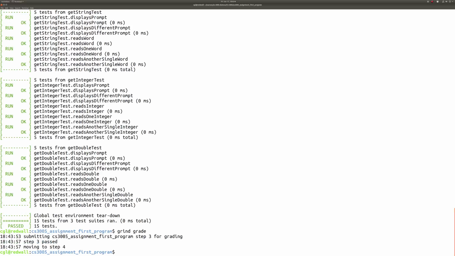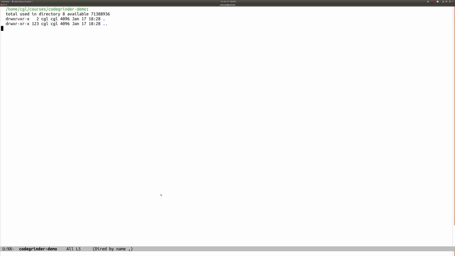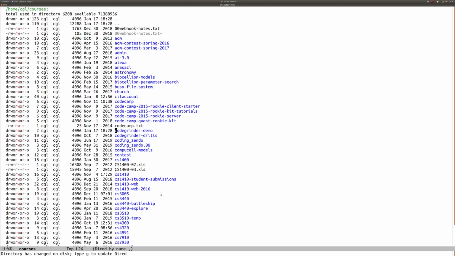Goes and copies my files to the servers. Everything was fine. So everything's been going along really, really good. Let me intentionally break some code here. I'm going to go into my editor,